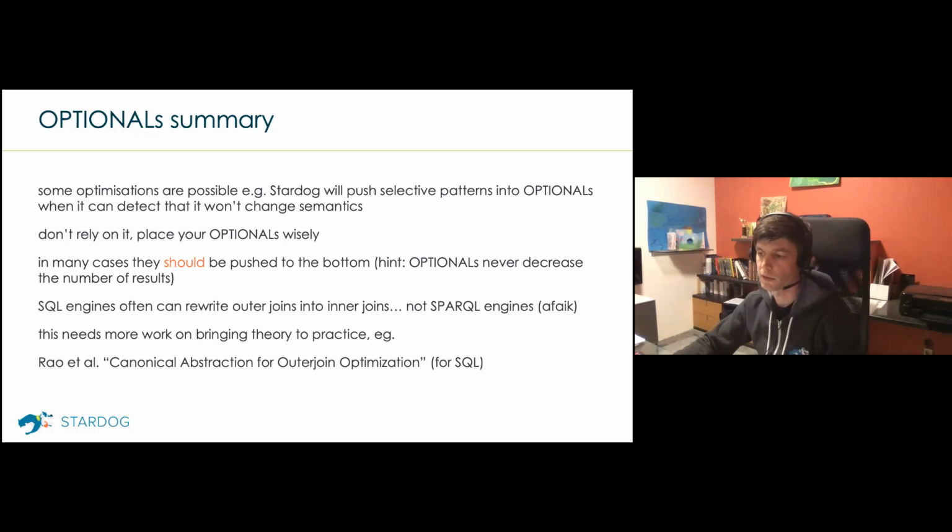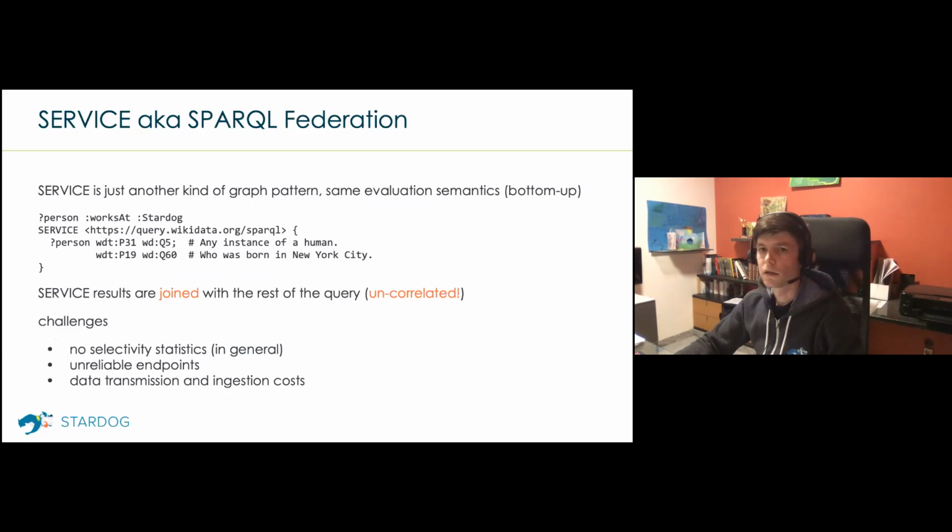So, the canonical abstraction for outer join optimization: a great paper, a highly non-trivial algorithm, which all it does is generate all valid sequences of inner and outer joins for the given query, without even considering how to decide which of them is faster. It only defines the search space, but doesn't explore it. Okay,